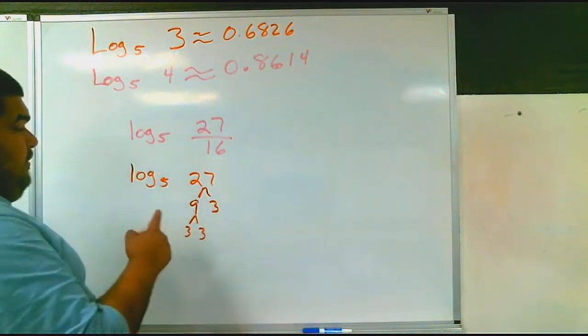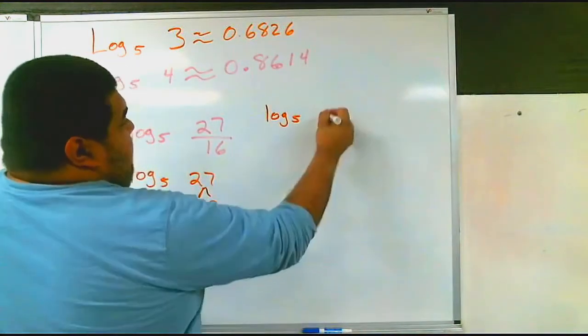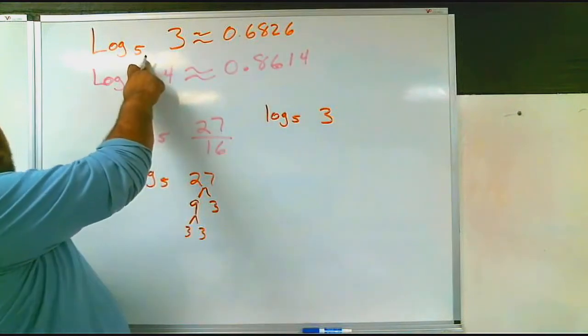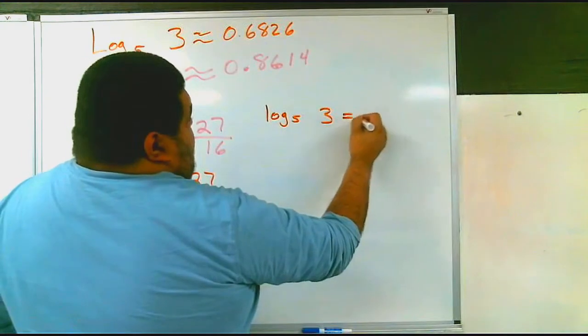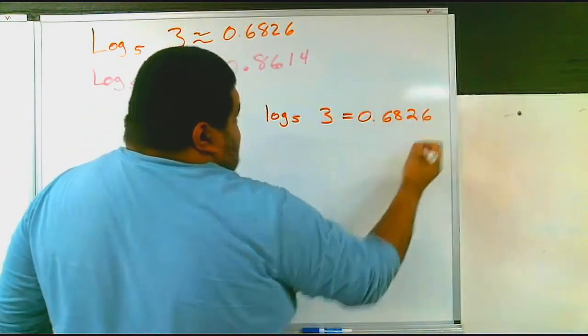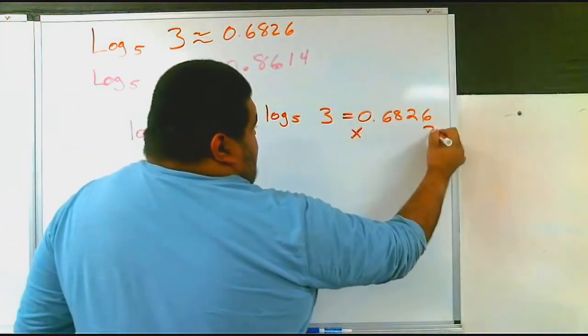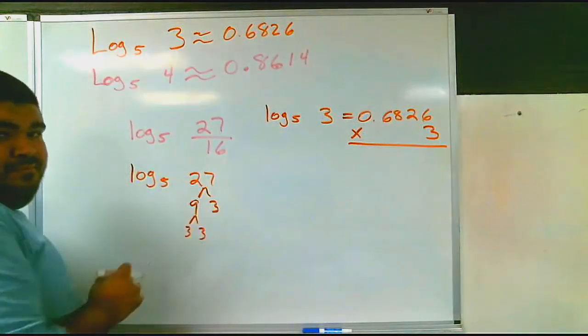So what we're going to do is we're going to have log of 5, 3, which in this case, we already have the answer for. Remember, it was given to us, equals 0.6826 times